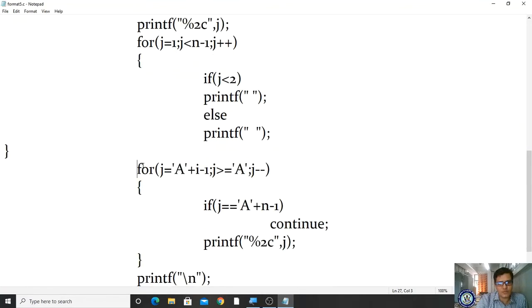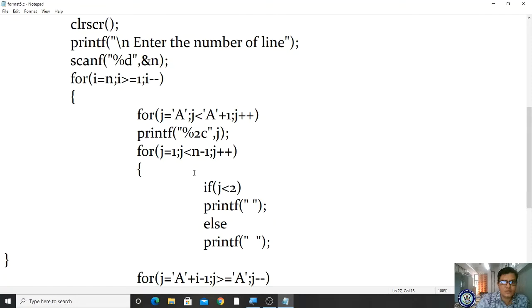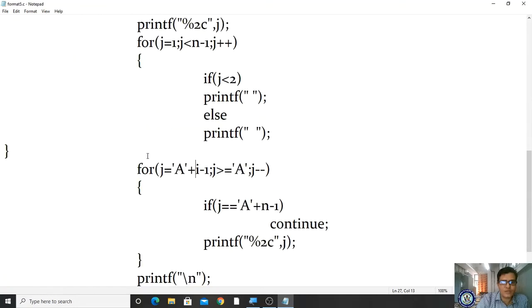This for loop will be evaluated. Okay, for j is equal to a plus i minus 1. What is a value? 65. 65 plus i, what is i value? 65 plus 5, 70. 70 minus 1, 69. j greater than 65, 69 greater than 65, condition true.